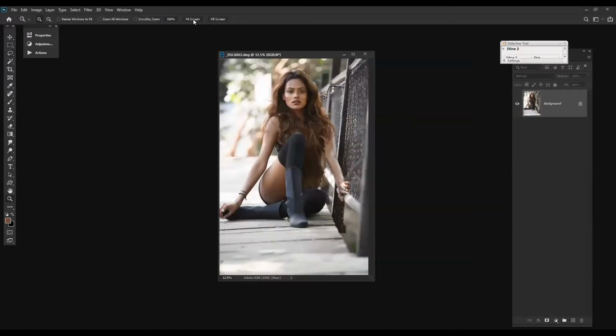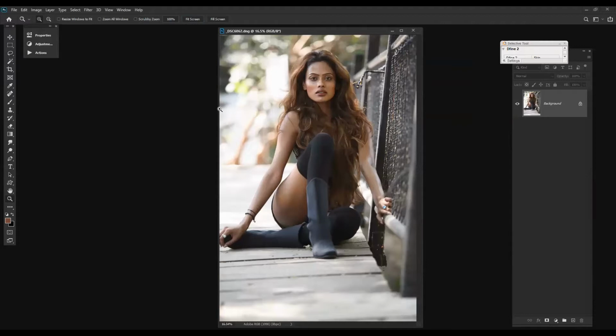Can you see the image right now? Okay. So first and foremost, we have to see the areas that we have to work on.